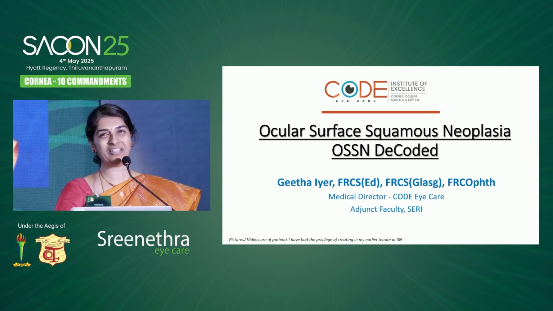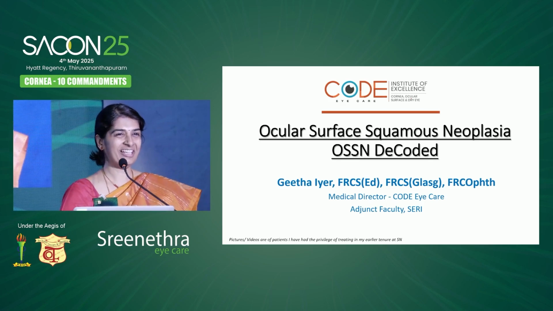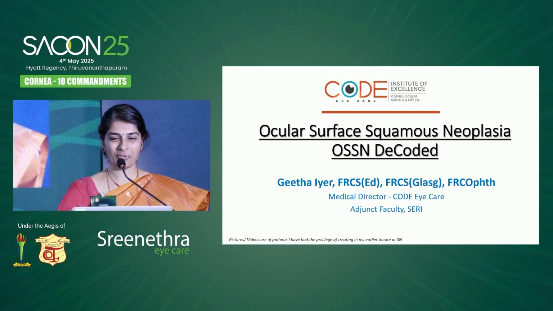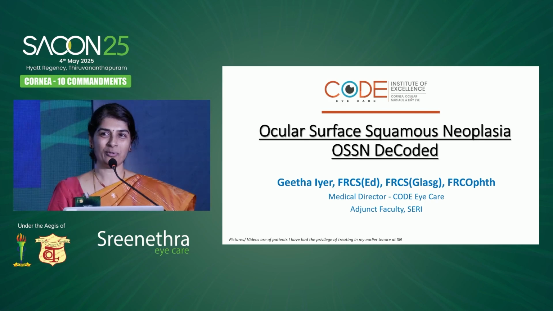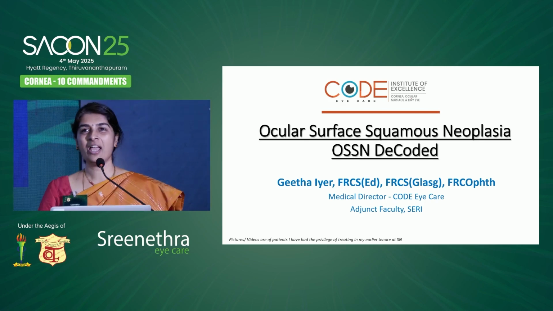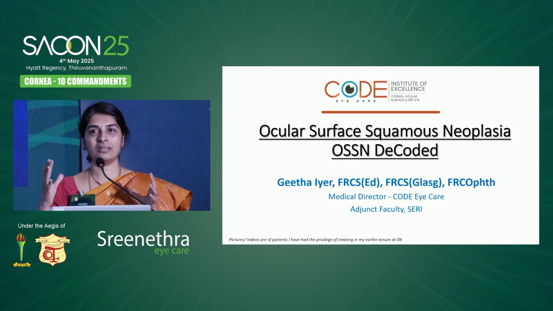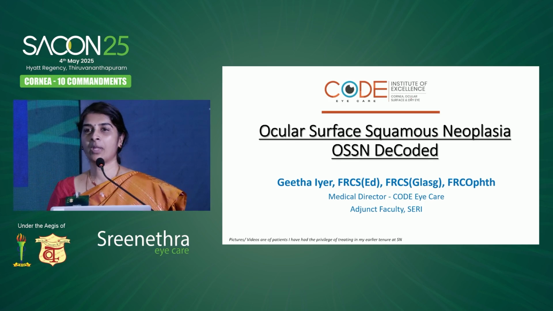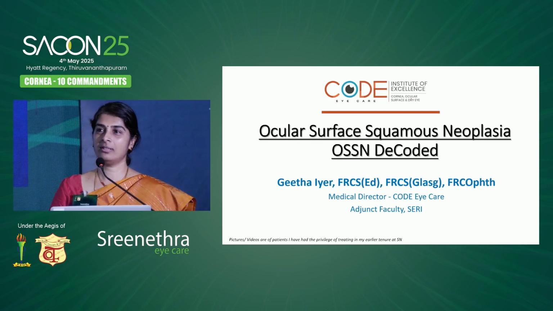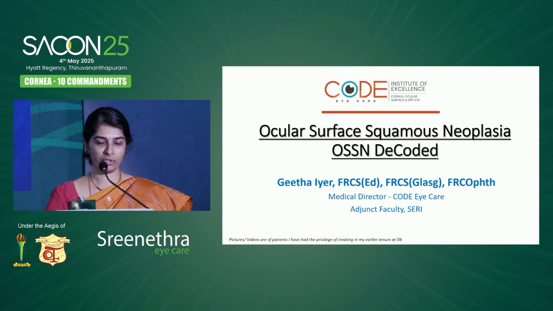Swapna, it's a pleasure to be here and to talk on something. I thought I was in the microbiology session, talking on ocular surface squamous neoplasia, like a space occupying lesion. But yes, it is indeed a space occupying lesion of the ocular surface. So, when you talk about ocular surface tumors, the three main categories that we think of are pigmented lesions, lymphoproliferative conditions, and the most common ocular surface tumor, which is ocular surface squamous neoplasia. And that is what I'm going to be talking about.